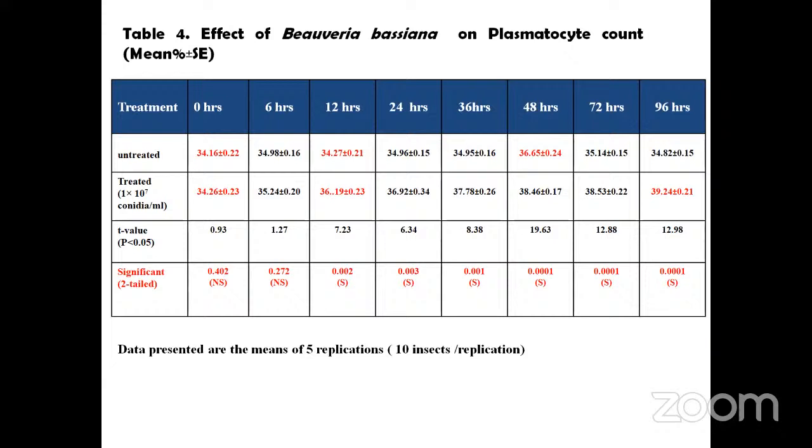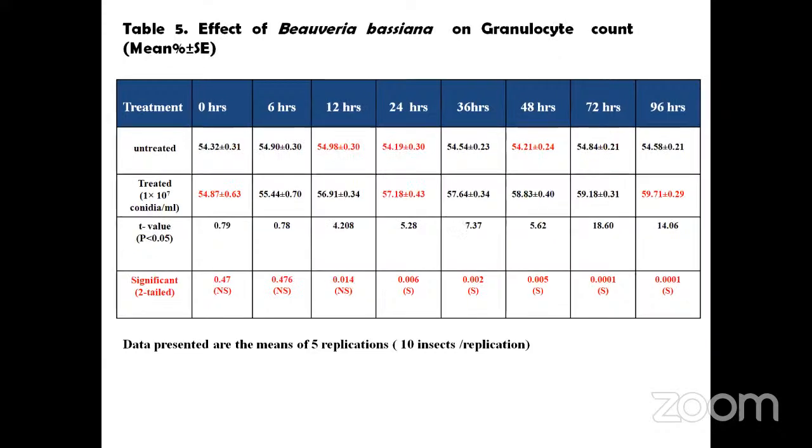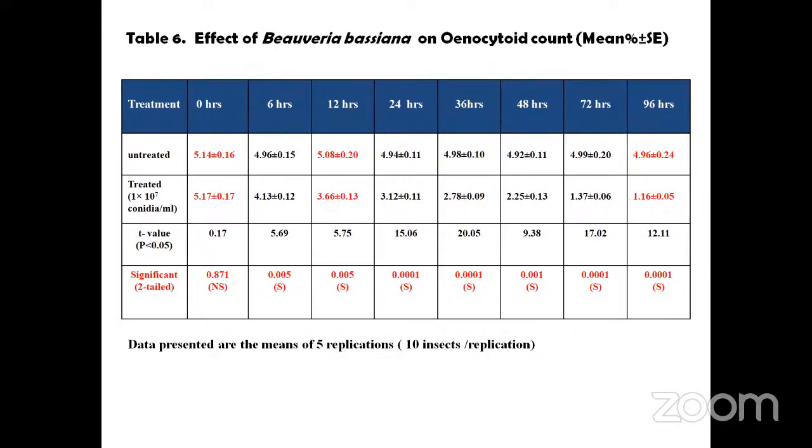These plasmatocytes and granulocytes, these two are the main immune cells in the insect immune system. And coming to the granulocyte count, it is increased with increasing time. Coming to the oenocytoid count, we can observe that compared to the untreated one, the oenocytoid count is decreased with